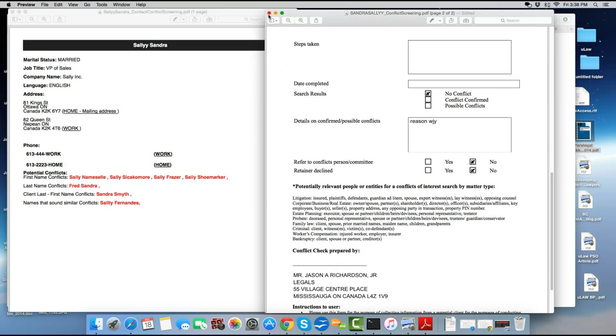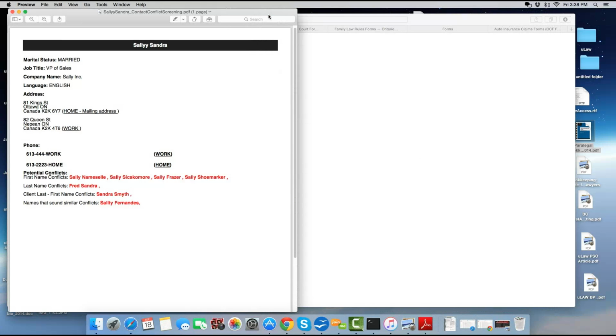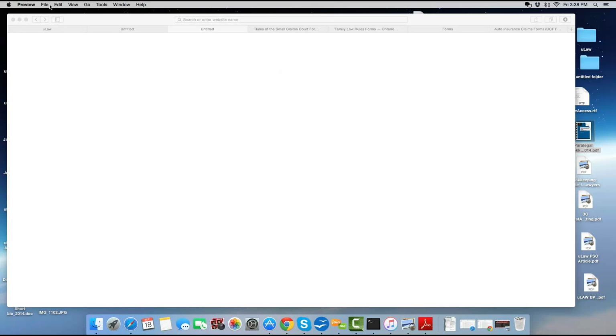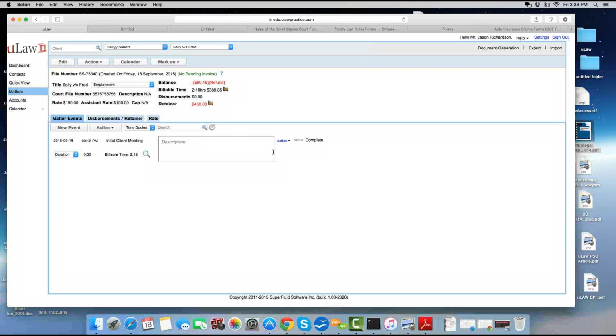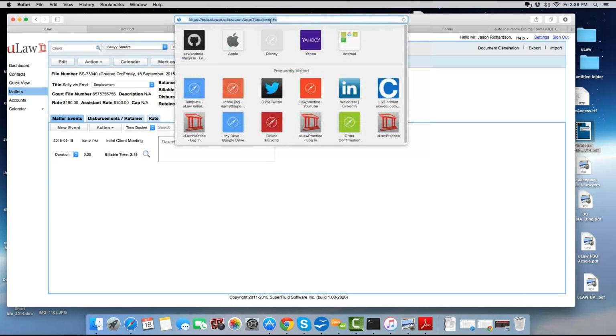Another question that's been asked is, hello, I noticed that in a cloud-based system, where is the security as far as privacy goes? Where is the data stored, and does it remain in Canada? Good question. We are a Canadian company. We can very easily answer all these questions. Now, when it comes to security, as you see here, it is locked. And actually, I'm going to click on the lock